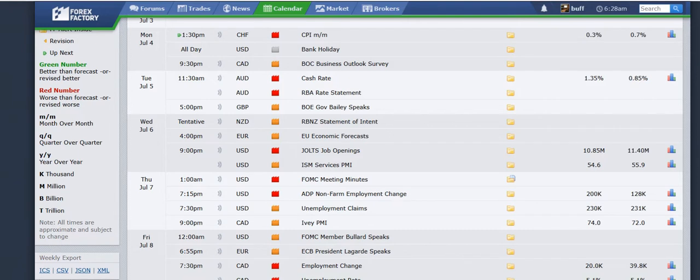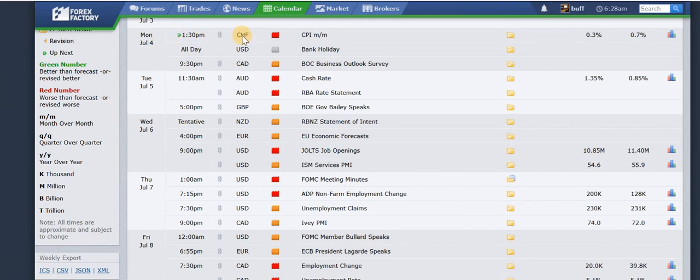So first up, what we do is we have a look at the economic news. Now this is the scheduled news, or news by appointment, as I like to say, for the week ahead. So it's the Forex Factory economic calendar. It's free, you just have to give me your email address. The good thing about it is you can set up filters for what actual news items you want to see, how important, and you can put it in your local time. So this is all in my local time, which is Bangkok or Indochina time. So let's have a look at the week ahead, Monday.